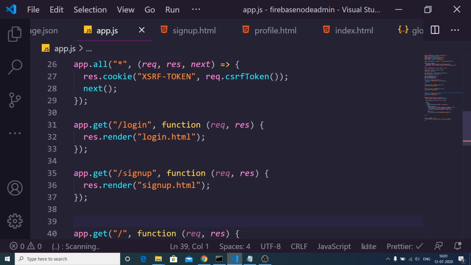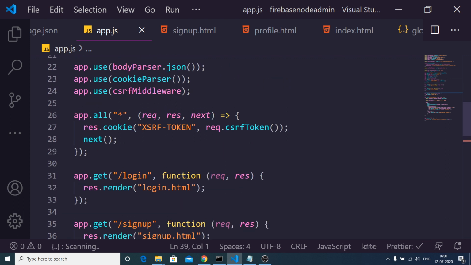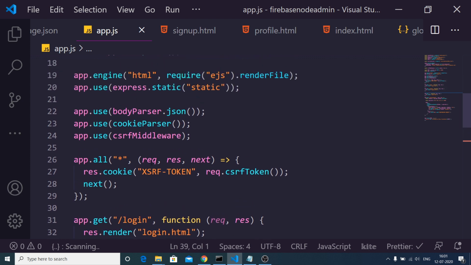So when we go to slash signup, this will go to signup.html. This will render out this page. If we go to slash login, this will render this login.html. And this was the same, that is app.all.